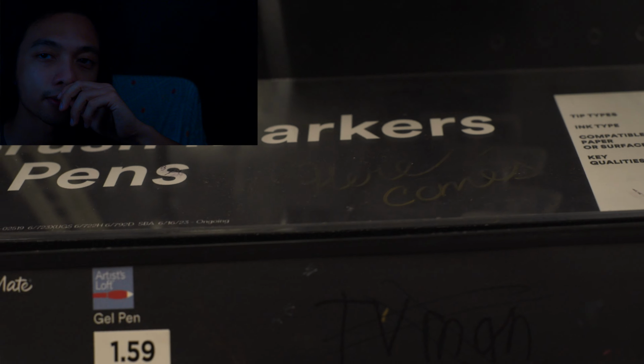If you were to go to Home Depot or Lowe's or some sort of hardware store and you have access to the real paint, it will be better, okay? There's no doubt about it. But for the sake of showing exactly how to do this if you're an artist,